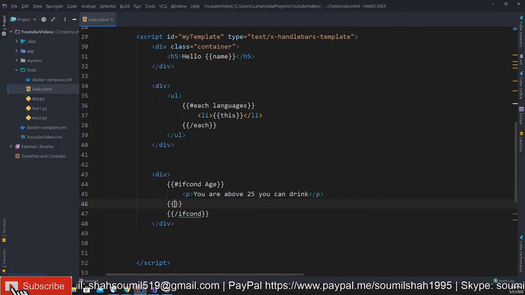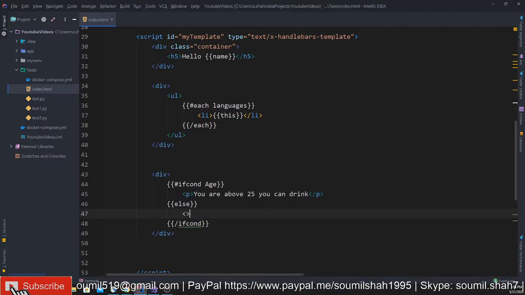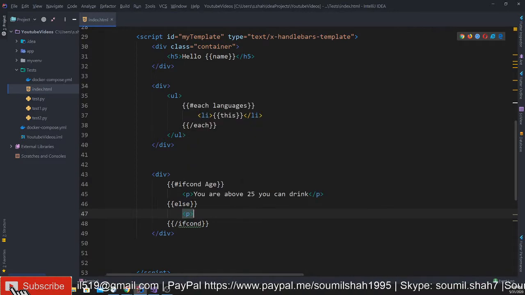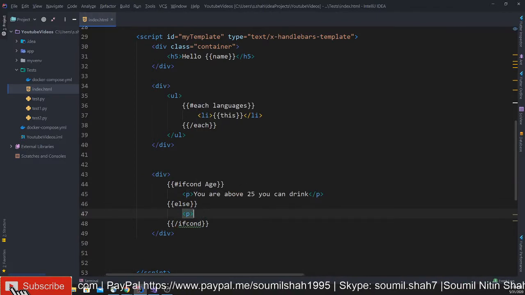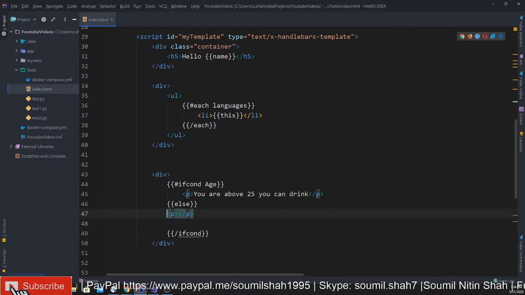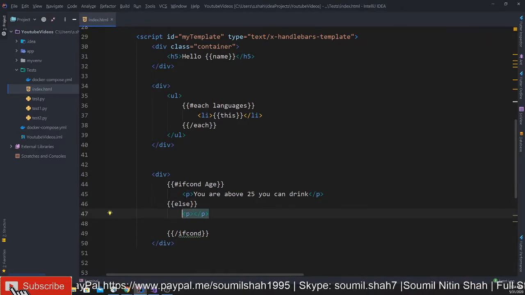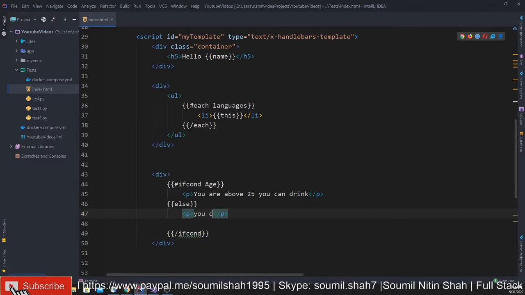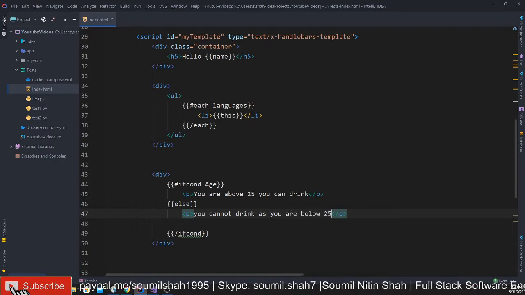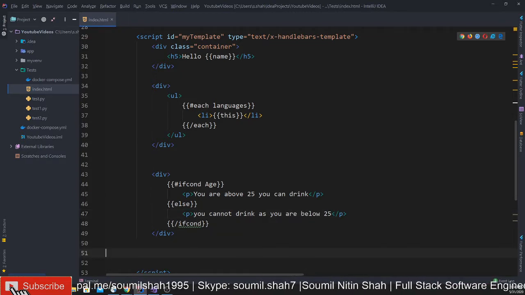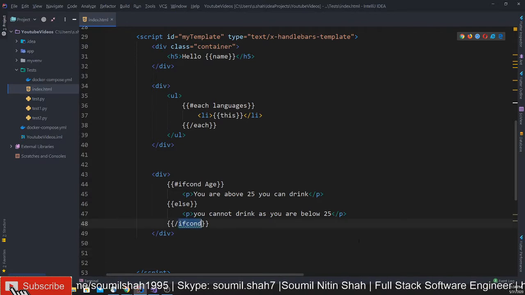Else, if that is not true, you can just write like this, and I can say the other message. I'm gonna give a tab. Okay. Sounds good. Now this is not going to work because we haven't registered this template.